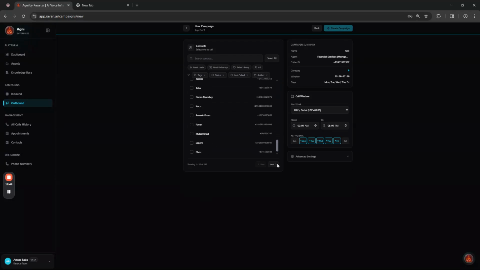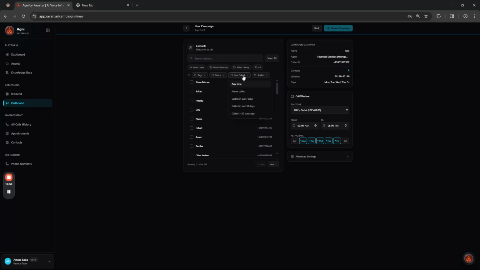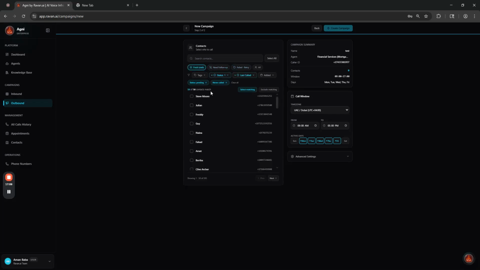So with all these contacts, how will we know which ones we want to make the calls to? You can filter them through the tags, status, last call, added, failed ones which you want to retry, clients who need to be followed up, and fresh leads which you have inputted. That's how you're going to filter them, and select the contacts which you want to trigger the calls to. And in the campaign summary, you can see the details, and here we have more